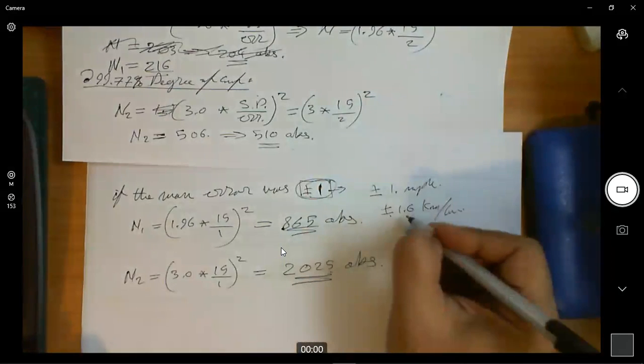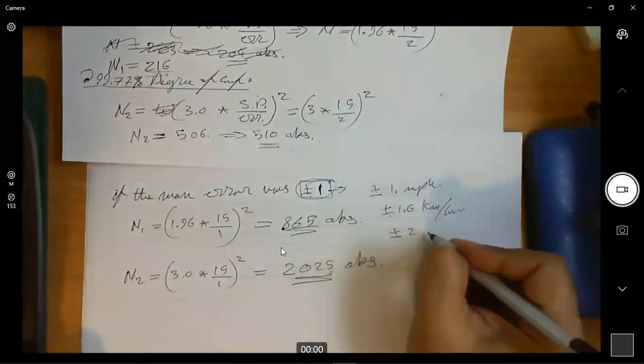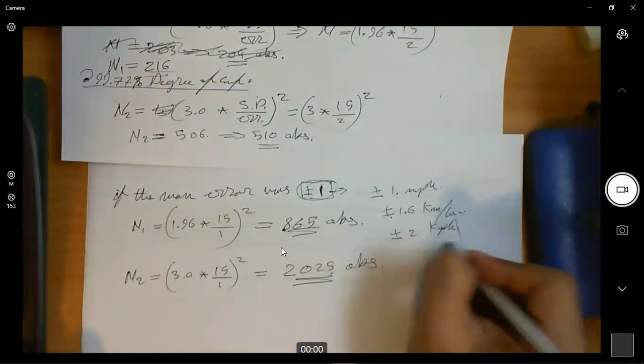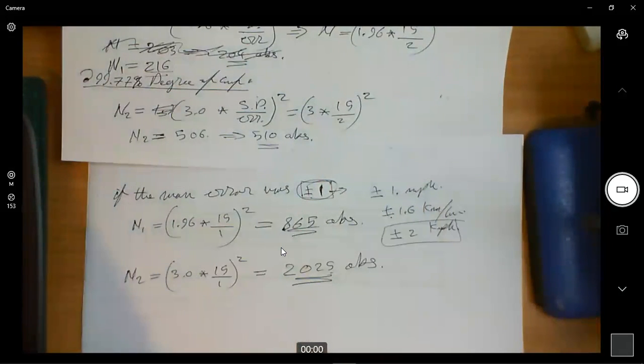Usually in our case, for example, plus or minus 2 kilometer per hour. That's the minimum you can go. Below this, it's going to be impractical. You're going to just waste time and you are not going to get really a true advantage of that. Okay? مفهوم يا شباب؟